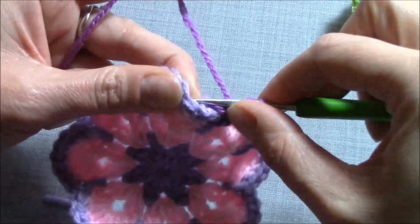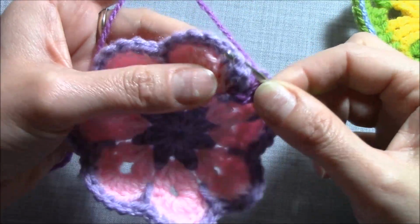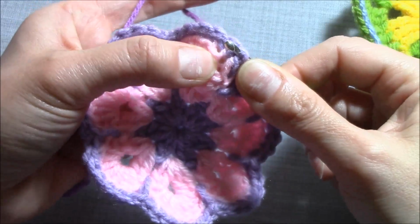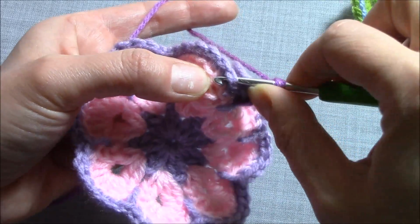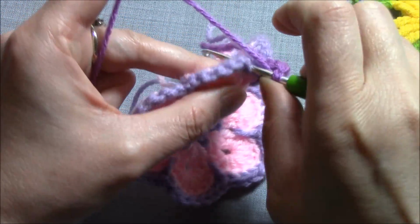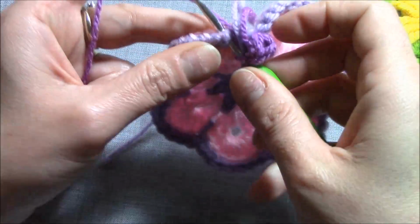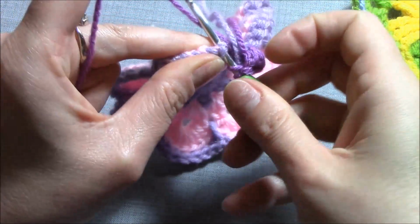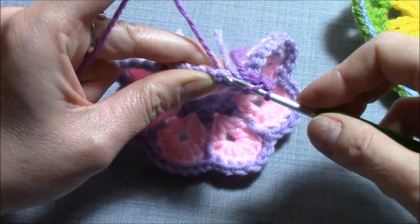into the single crochet from the back side through the front side, and then here, as you can see, we have the double crochet under this single crochet. Insert the hook in through it, and you will be on the back side again. Now you can fold it like this, pull the yarn through both stitches actually,